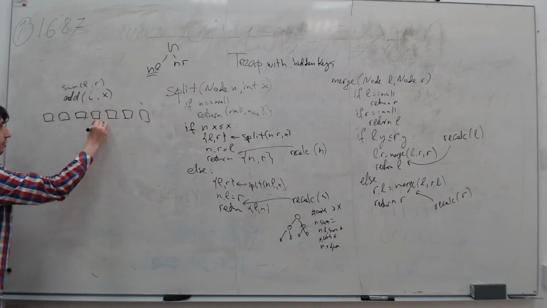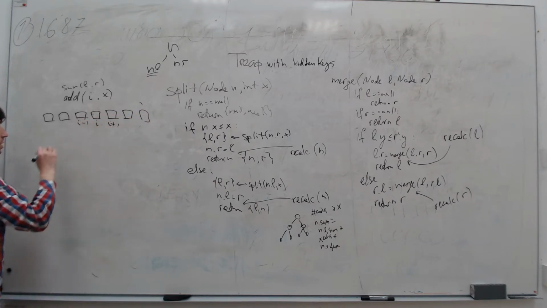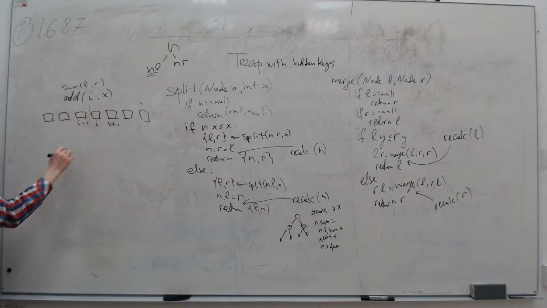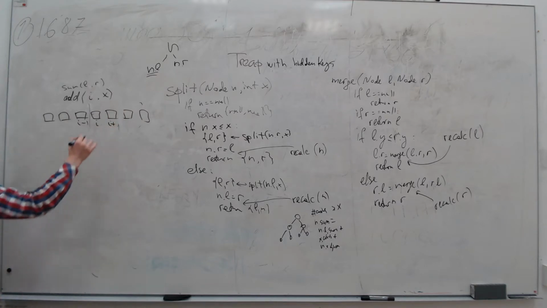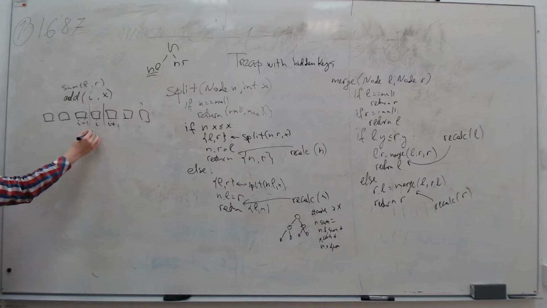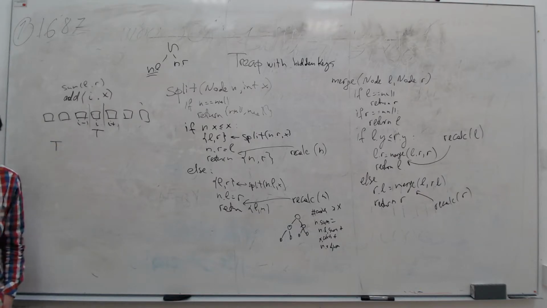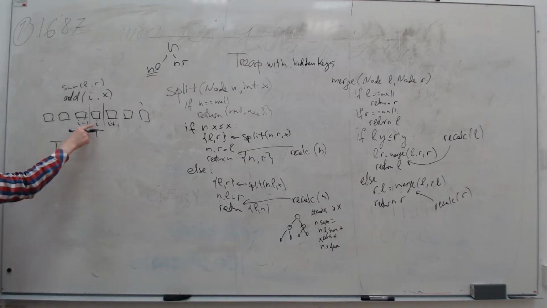So here is the ith person, here is I plus 1, and here is I minus 1. If you split by I minus 1 and I plus 1, then you will have both of them in your tree. You don't want this, right? So you want to split by I. Then what should you do? You have this tree, for example T, and you know that this T consists of only one node, exactly the node of the ith element.